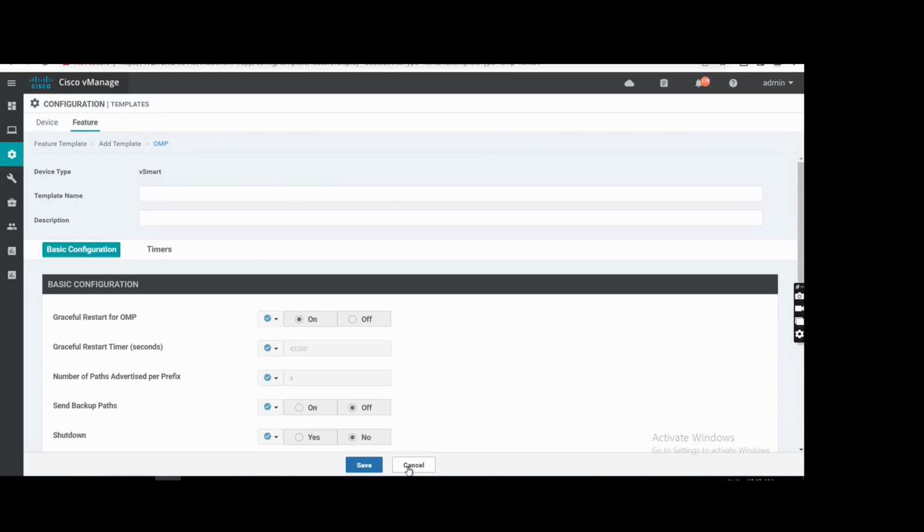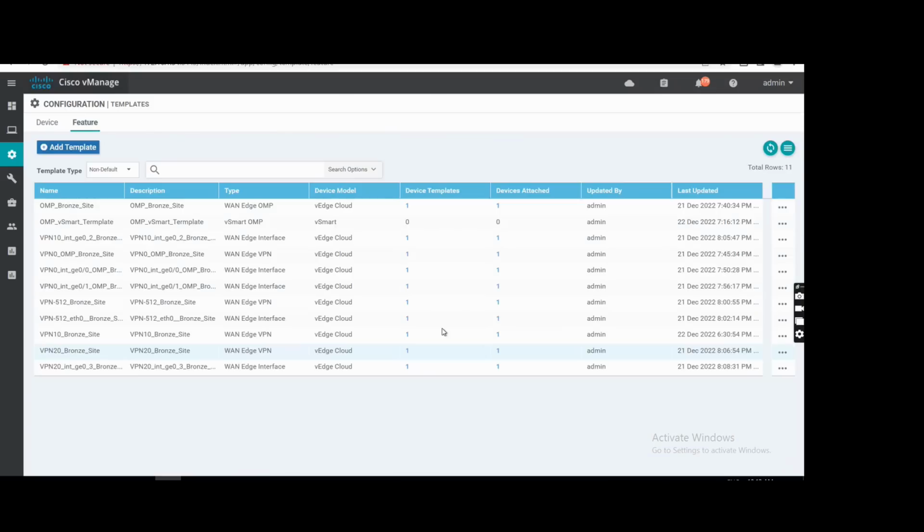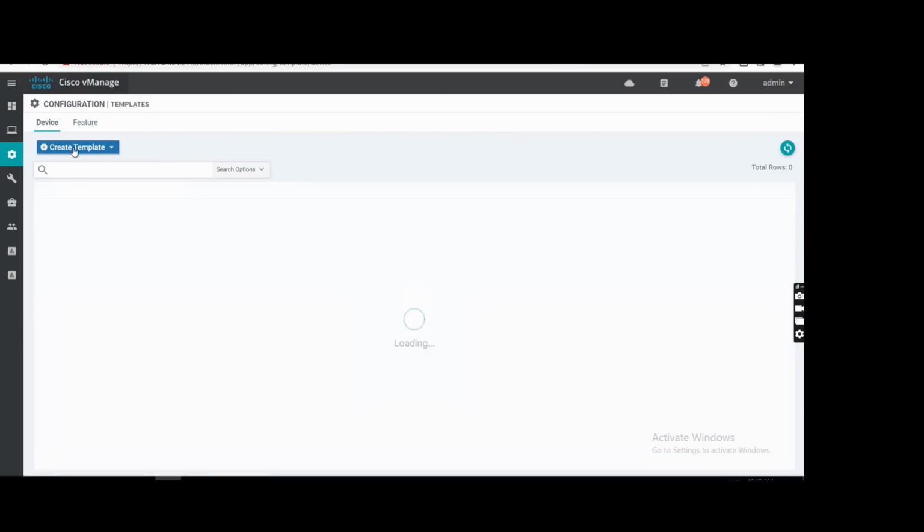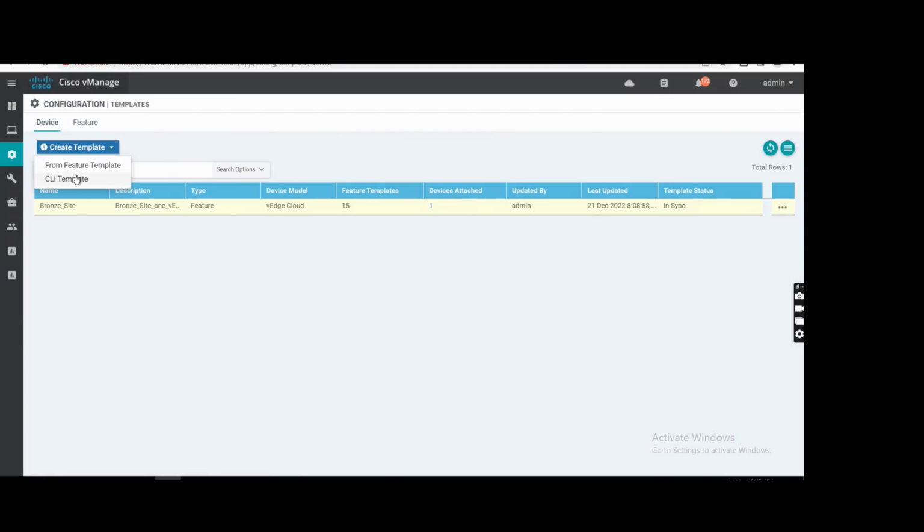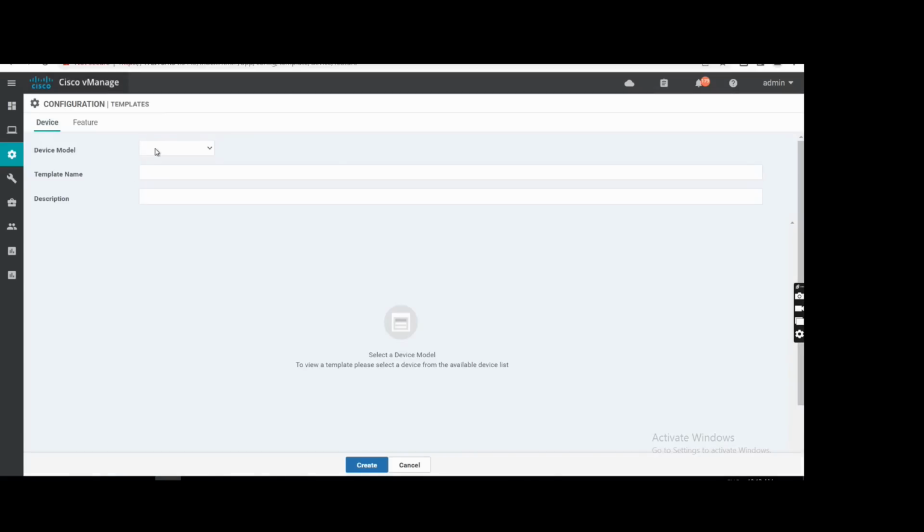So if all are default, then we don't need to create this one also. I think it's got hung. So I will start again from feature template,